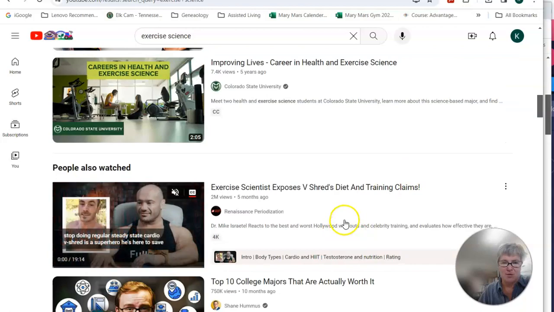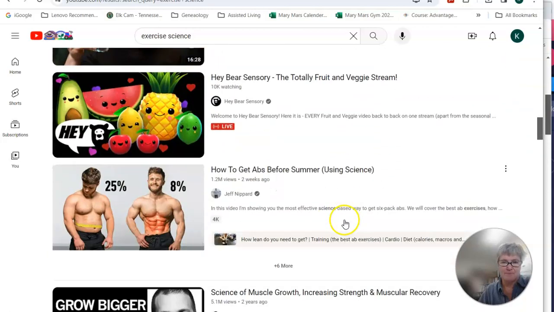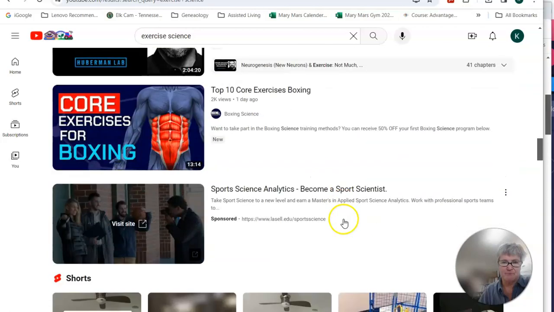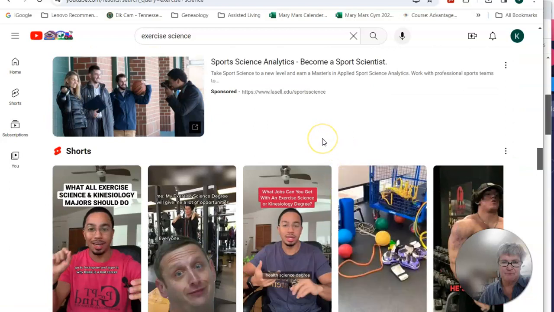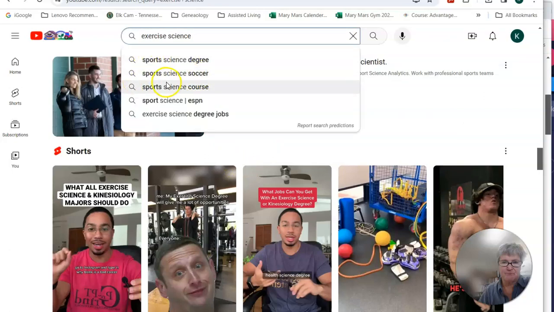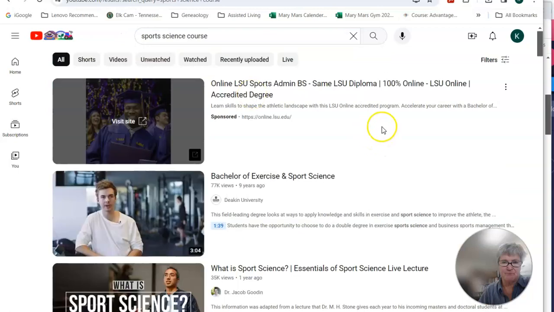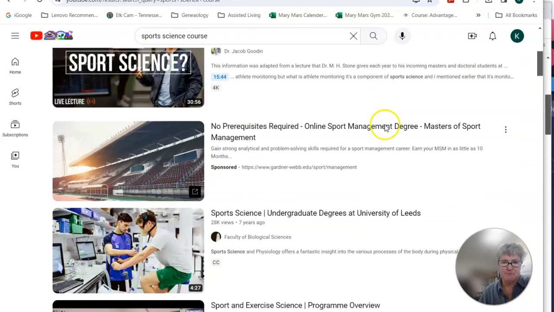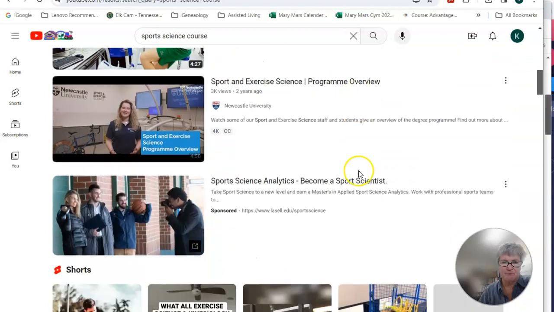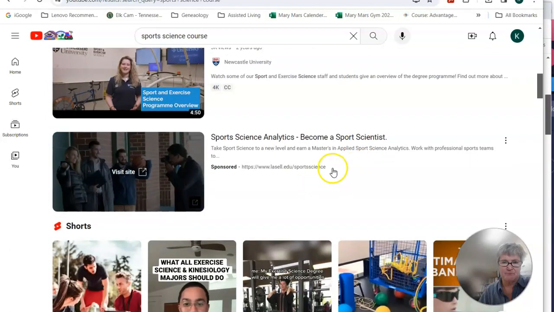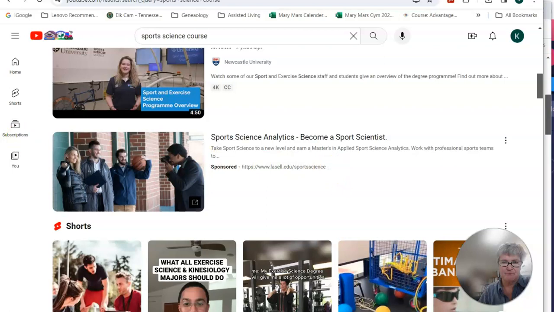Improving lives in the career. So all kinds of different things within exercise science. So typing in, we could do exercise science courses. Even what can I do with exercise science?